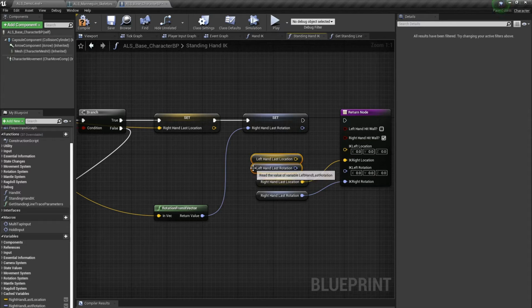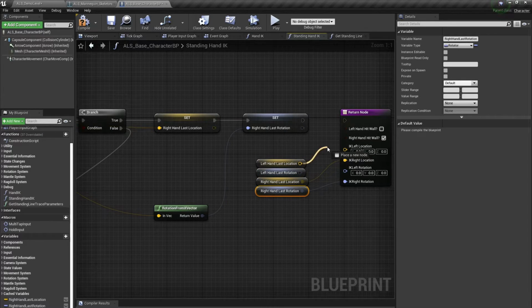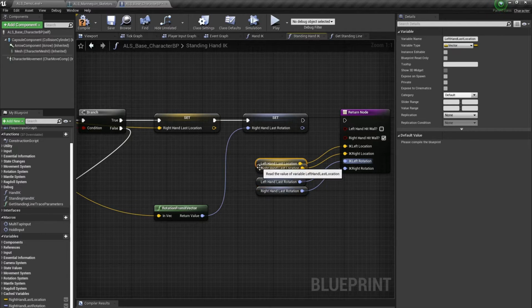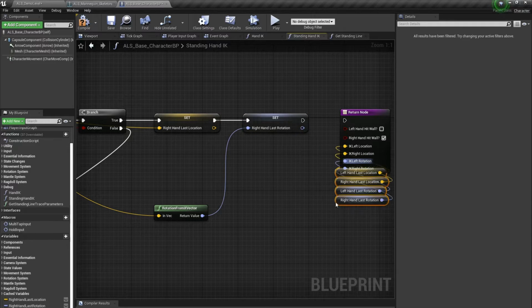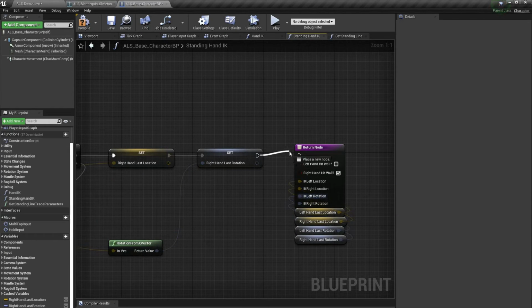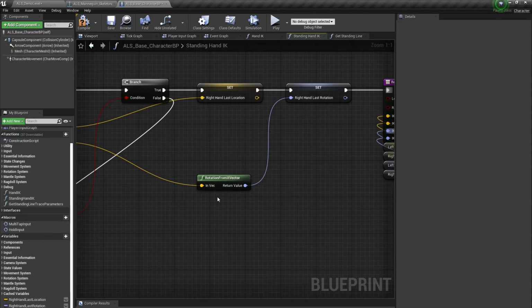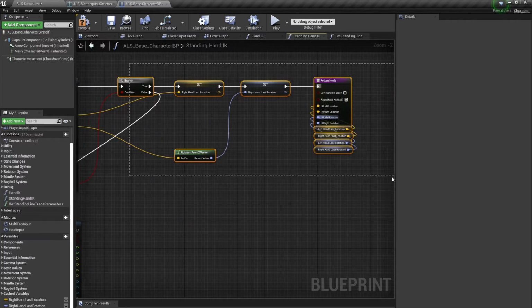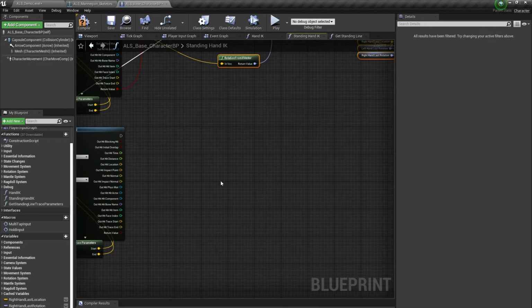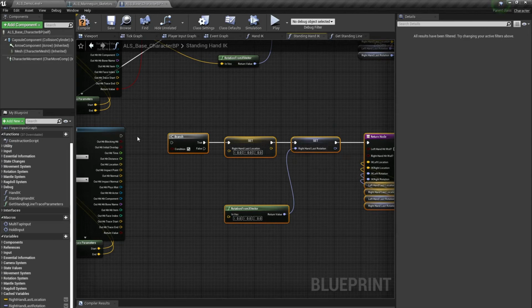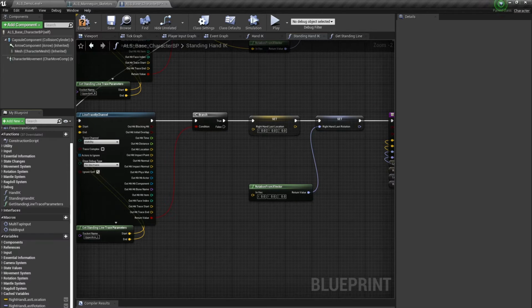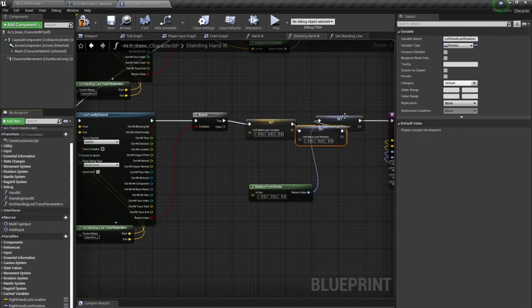Okay, we have created the same variables for the left hand as we did for the right hand and just drag them in. And the way we are going to distinguish which hand to rotate and locate are going to be based on the booleans. I'm just going to copy this whole thing for the left. Set the condition to the return value, replace the right hand and the left hand,